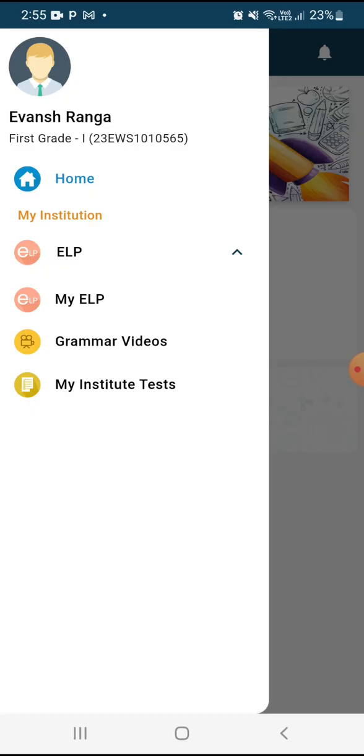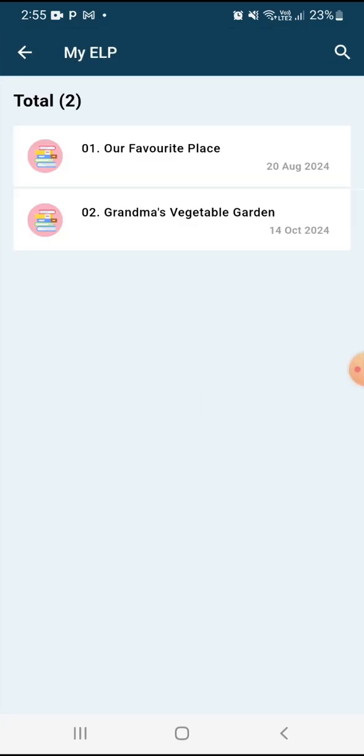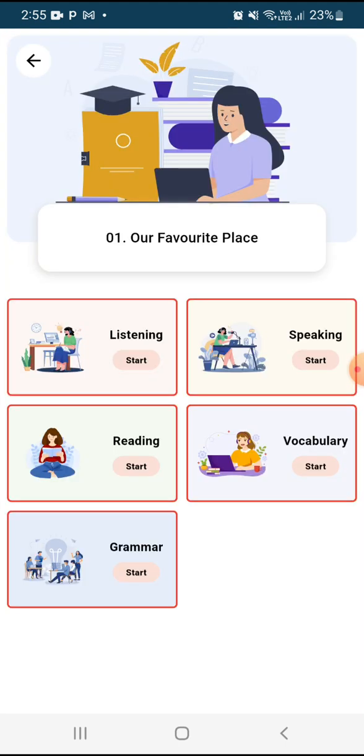We have to click on this My ELP, and these are all the chapters which are triggered by the teacher. You have to select a particular chapter, and here we can see the 5 elements: listening, speaking, reading, vocabulary and grammar. First I'll show you how to attempt listening. We have to click on the start option,